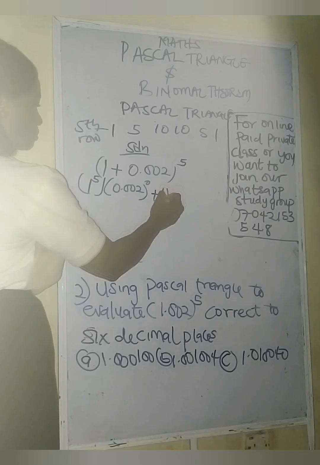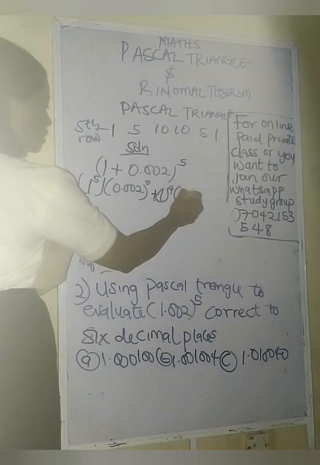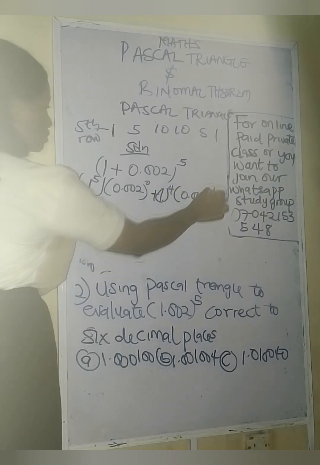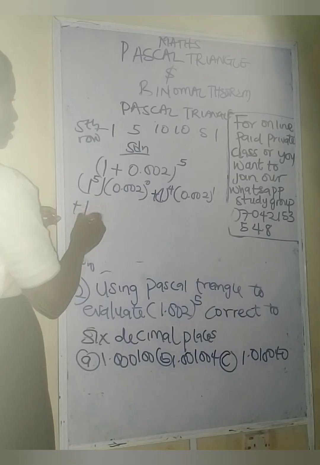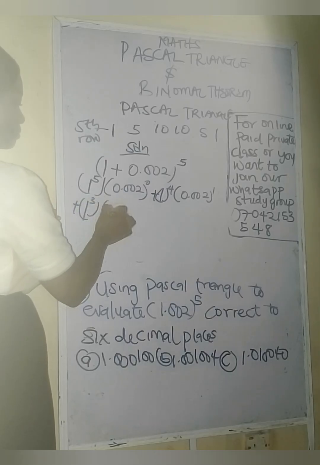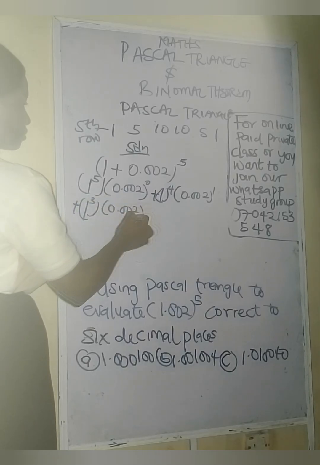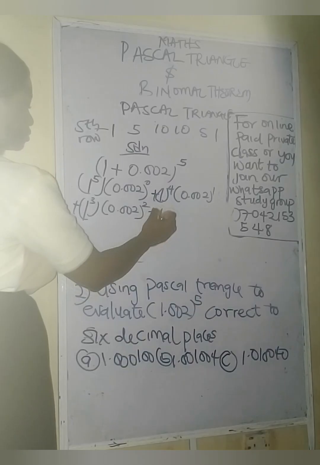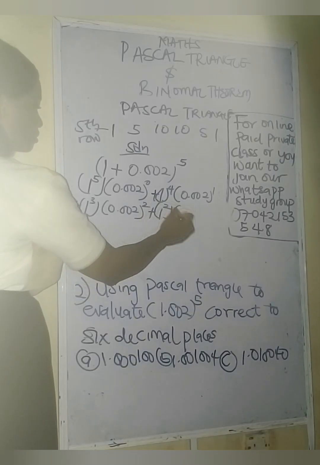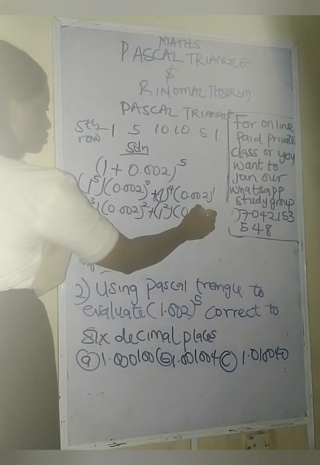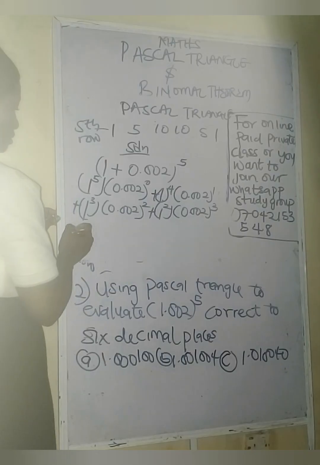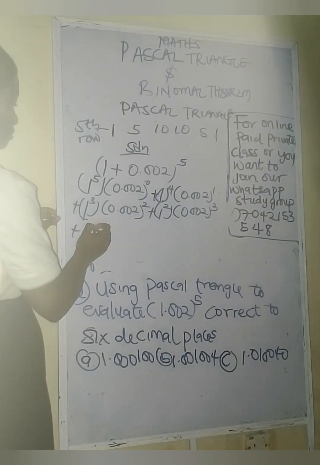Plus 1 raised to power 4, followed by 0.002 raised to power 1. Plus 1 raised to power 3, followed by 0.002 raised to power 2. Plus 1 raised to power 2, followed by 0.002 raised to power 3. Plus 1 raised to power 1,